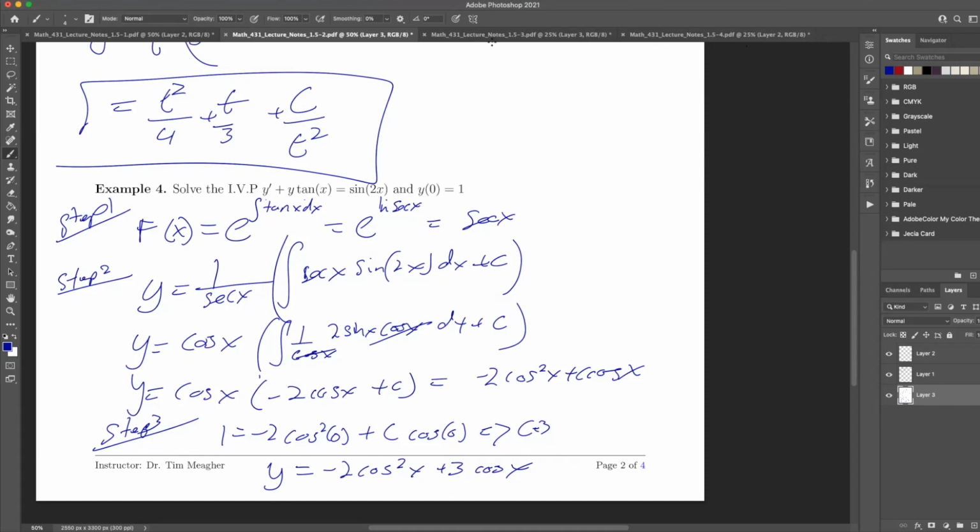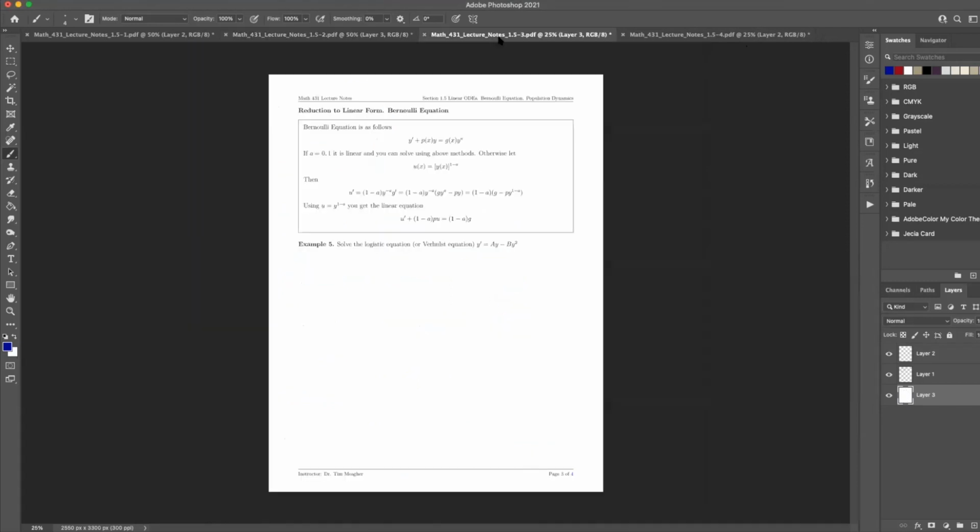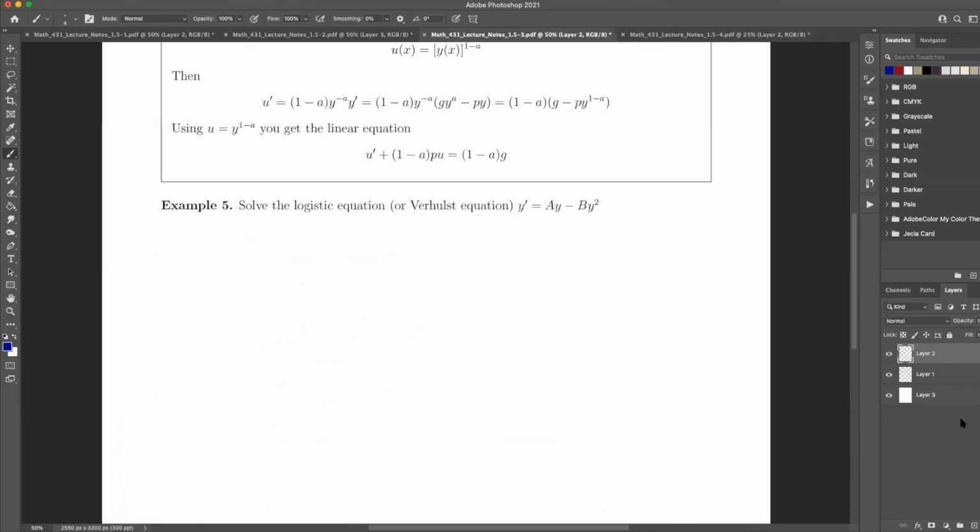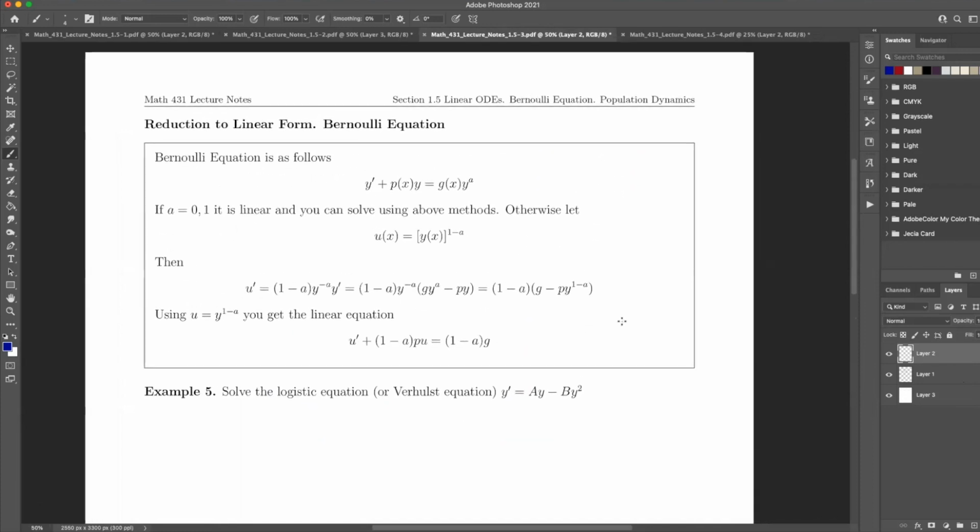All right, so let's look at Bernoulli's equation. Reduction to linear form. Bernoulli's equations look like the following. It looks a lot like linear, but instead of having this, I have this little troublesome thing right here. So if a is 0 or 1, it's linear and you can solve using the other method. If it's not,